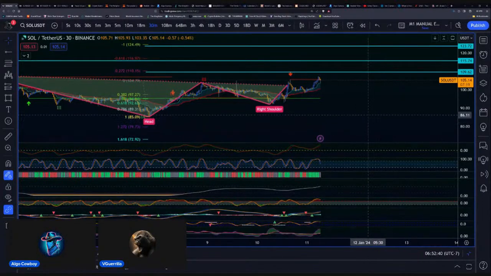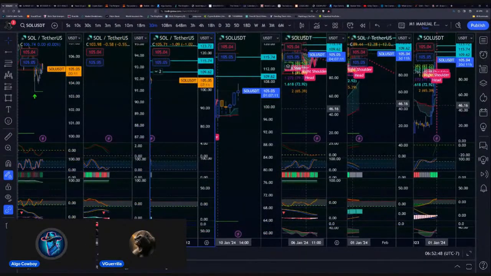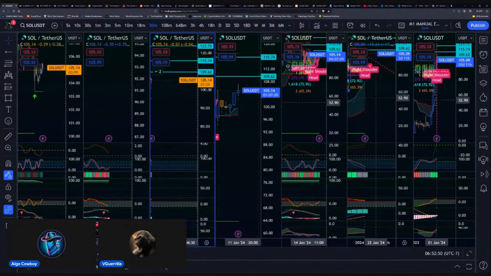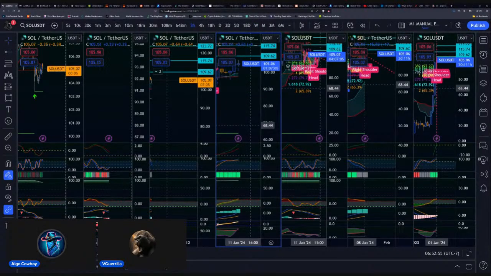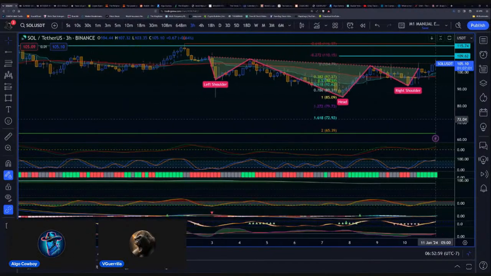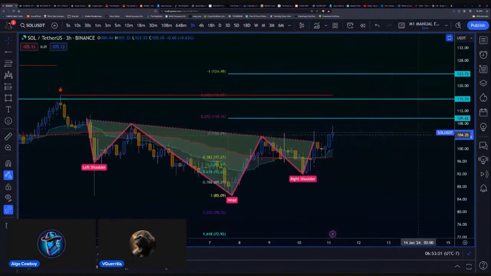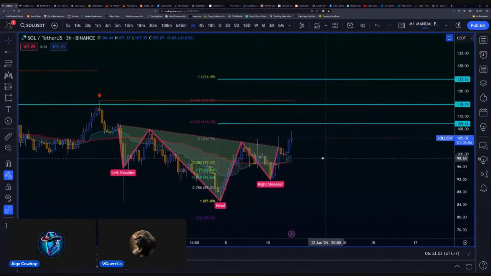So it looks like price wants to take a little bit of a break. You can see right now it is taking a break. This is on a 30-minute chart, so this is a lower time frame. On a higher time frame, though, Solana is just bullish. It's just hot. That's all I got. I mean, look, when you have something that's this hot, it's going to push up into resistance. So you're going to have pullbacks, and the pullbacks can be rather sudden.